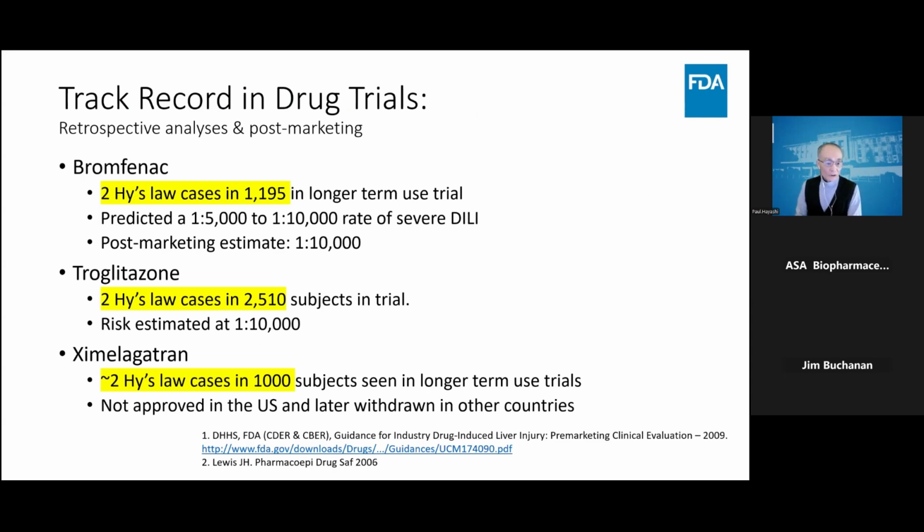So as I said, when the FDA started looking back at the cases that had been removed from the market for troubles with fatal hepatotoxicity, they decided to look at Hy's Law cases, look for them in the applications. And sure enough, it was just a couple of Hy's Law cases that did appear in these drug applications for drugs that had troubles post-market. And I'll give you just 3 examples here. So you see, it doesn't take but 1 or 2 cases or a couple cases in fairly large registry trials to start predicting some problems in the post-market space.